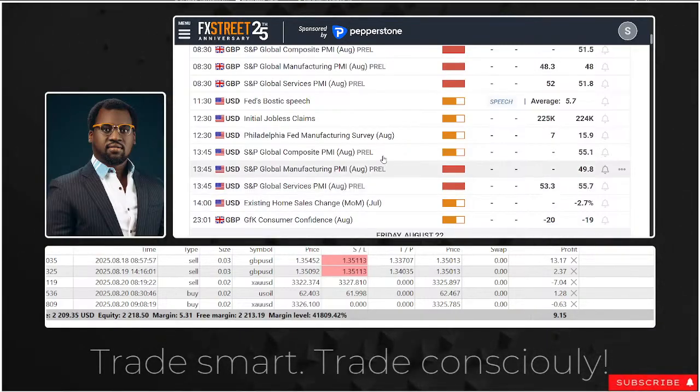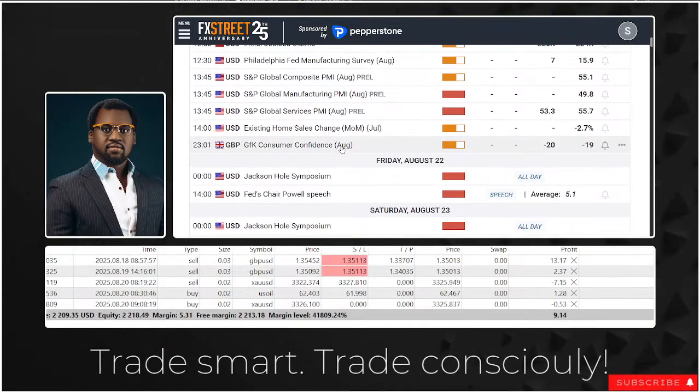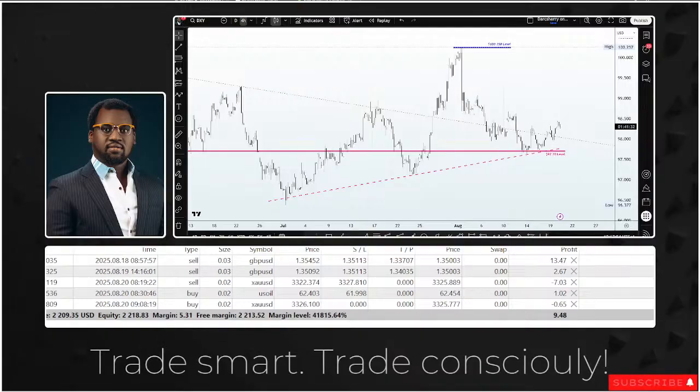So these are the major events we're looking forward to between today and tomorrow. Then on Friday, the Fed chairman is going to be speaking. The market is definitely looking forward to that one for rate guidance. And currently, talking about the sentiment in the US dollar market dynamic, traders are pricing in an 85% chance of a 25 basis point cut in September. But this is still a speculation, and